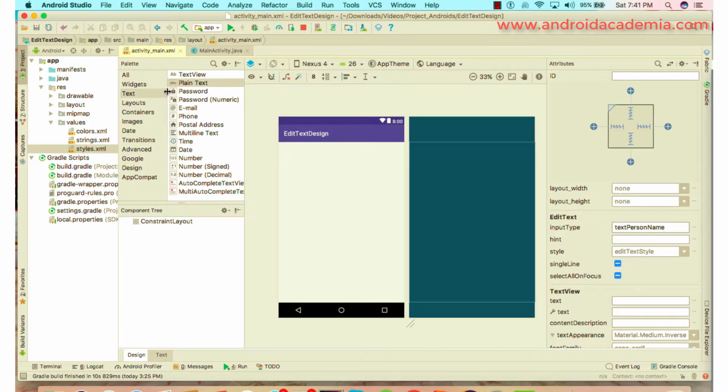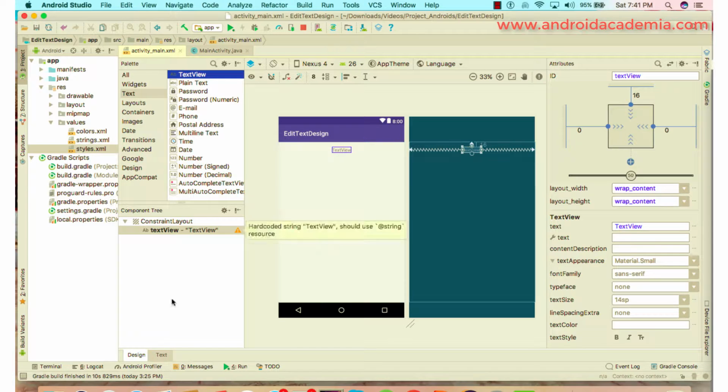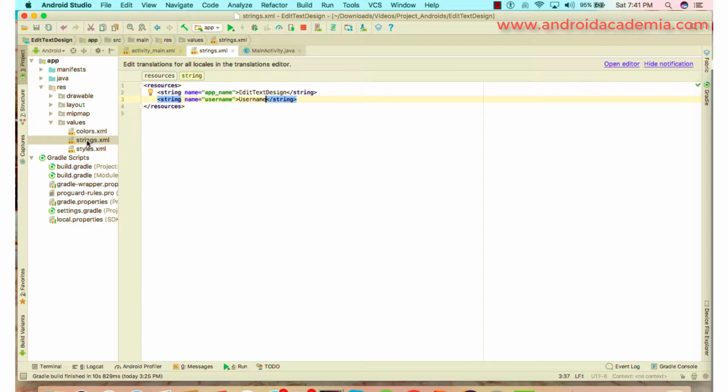So here from the palette, I'm going to drag and drop a text view. This is just used to show the title of your form, that is the user registration form, and you can add a constraint. Whenever we design, it will take too much time, so I'm trying to make this tutorial as short as possible. So I'm going to speed up this clip, and I'm just going to drag and drop